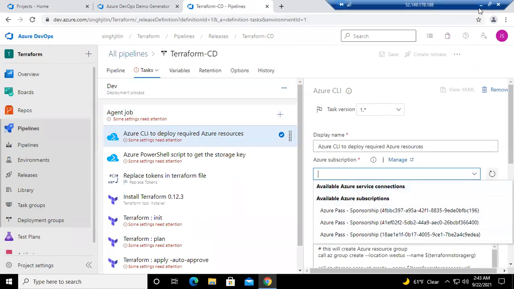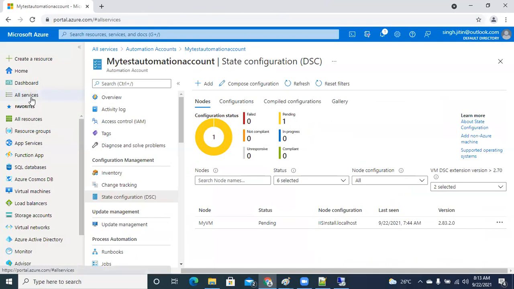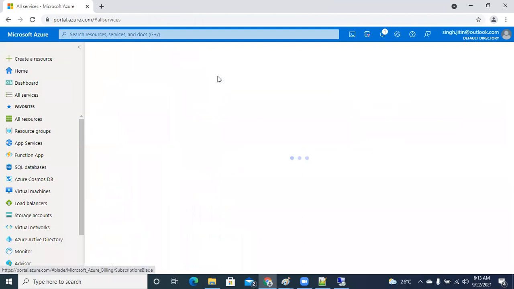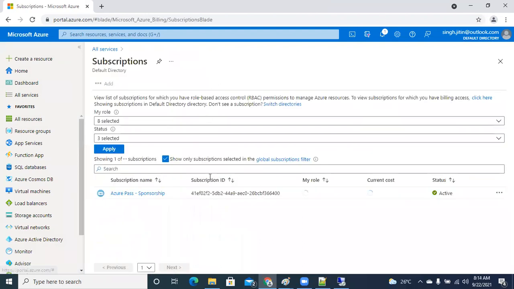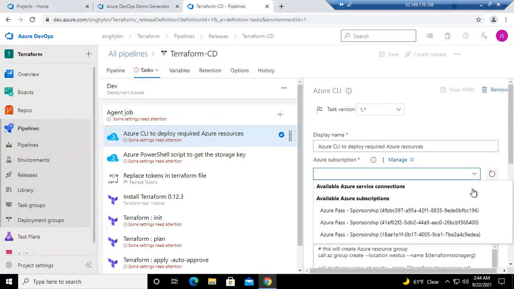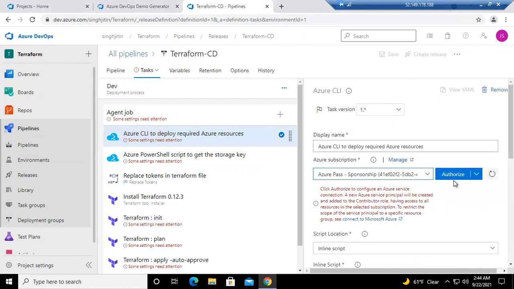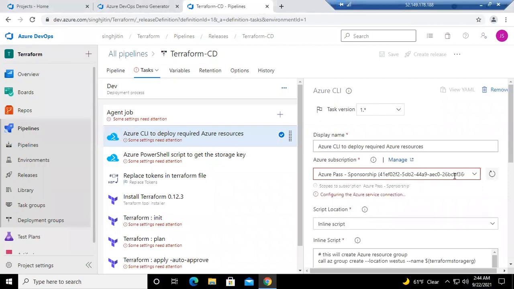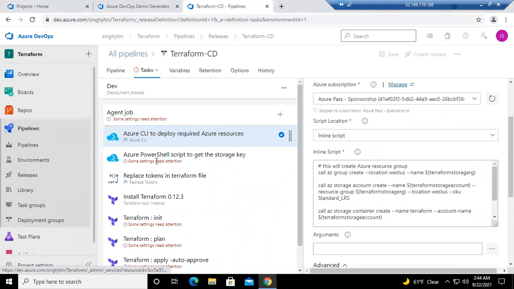So what subscription we are using for that particular purpose, you need to check your subscription ID if you are dealing with multiple subscriptions over here. The subscription ID will tell you which subscription it's supposed to be. So this subscription ending with 400 over here, we need to target that particular subscription, in case there is any subscription with 400 which is active currently over here, and you need to authorize this. Otherwise your execution will fail, guys, because the moment you do the release, definitely a number of jobs will be running, and they require authentication and authorization as to which particular subscription we will be using for the charging purpose over here.